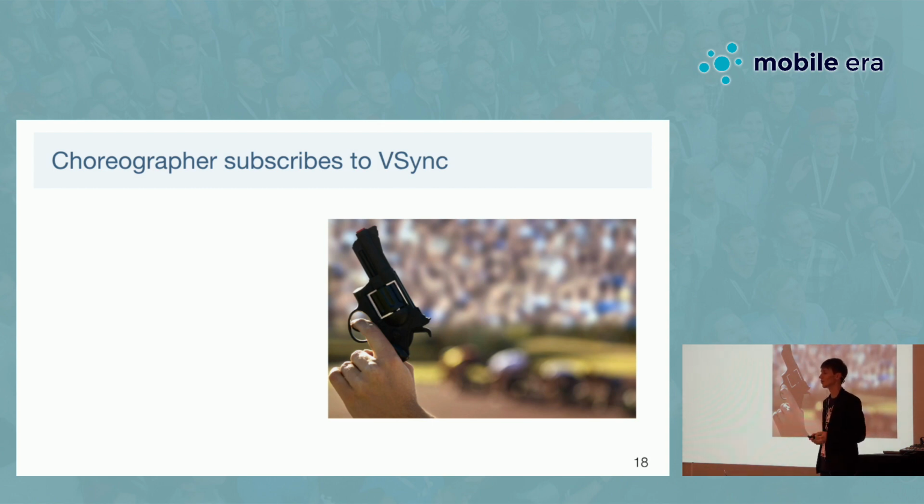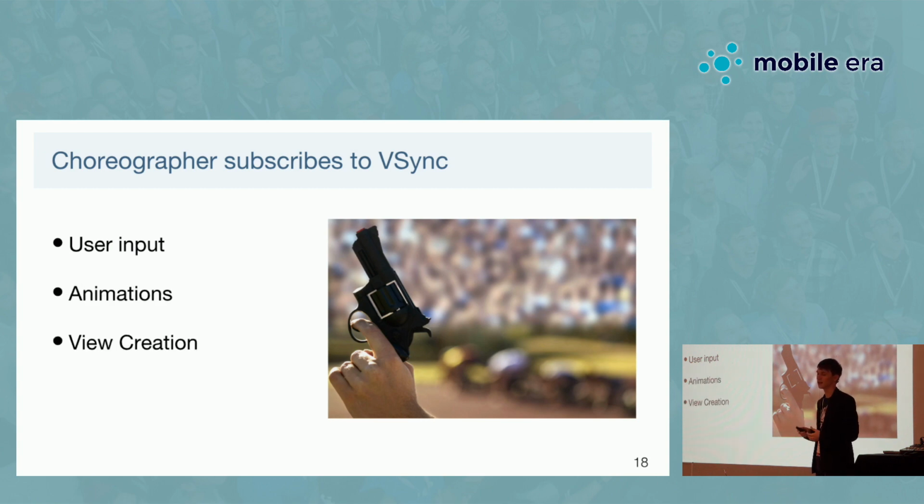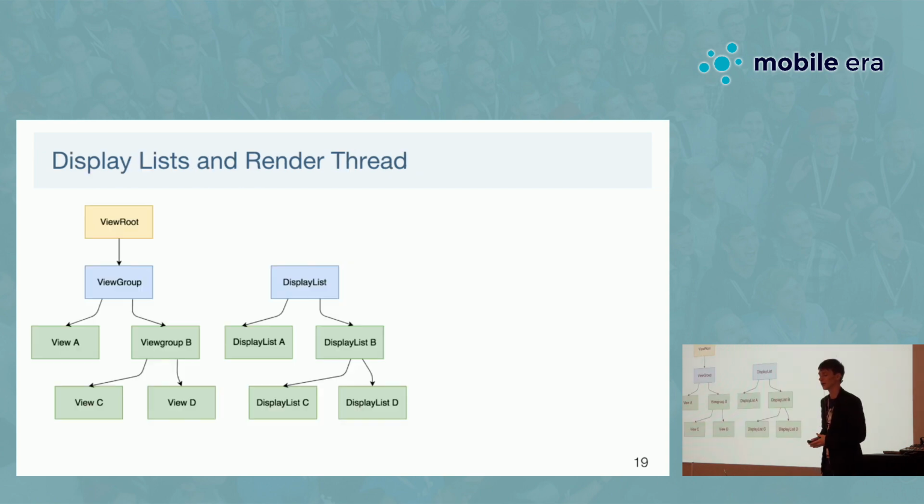A special Android class called Choreographer starts to process user input, starts to create some animations if they exist, create views, and finally render them on the screen. And previously, if something changed, this had to be done again and again on the CPU, and it's pretty complicated. So there are special things called display lists. That's a view cache, actually, a rendering cache.